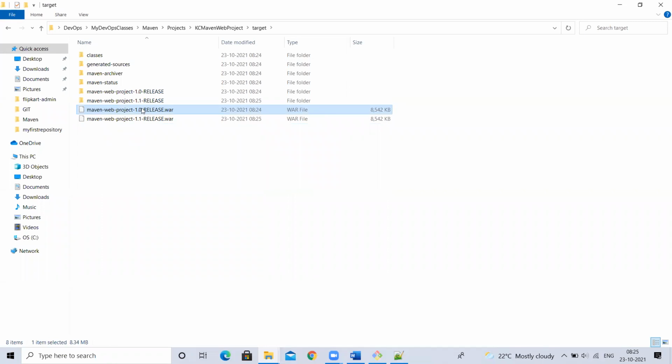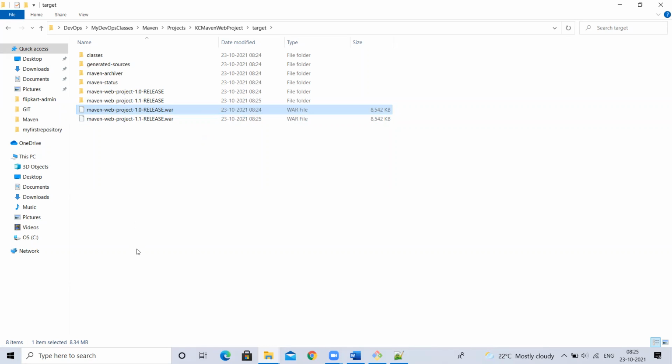Now, if this is the case, every time whenever I deploy, it is going to keep one war file inside the target. If I give 100 builds, 100 versions, 100 war files will be there. So it will be difficult for me to search for the latest one. Maybe I can search with the timestamp and all, but it is always difficult to find the latest one and do the deployment.